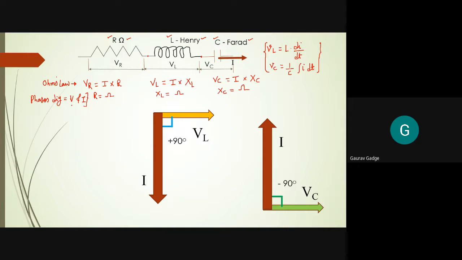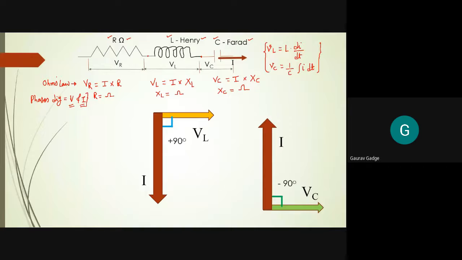Okay, I'll just give you a hint. Out of voltage and current, which one is common? If I consider the supply voltage as V, that supply voltage gets divided across each of the elements as VR, VL and VC. So which common parameter remains? Only current. Okay, so let us say current is common.